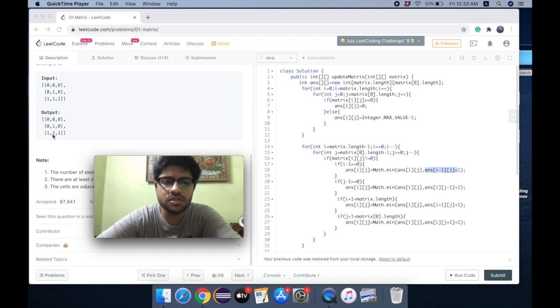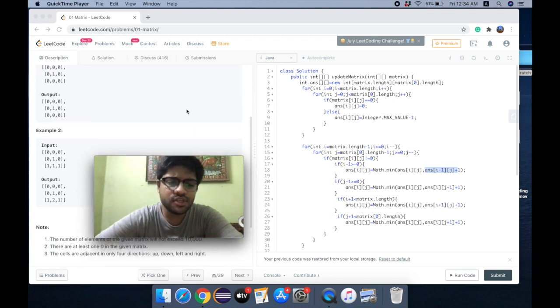Now let's come on to this 2. In this solution matrix it's written 2 as the distance. So let's see, the distance of this one from the nearest 0 is actually 2. At the top of this one we have a 1 and then a 0, so the distance is 2 here. Let's move on to the right neighbor, so it's 1, and at the top of this one we have a 0, so here also the distance is 2. On the left side it's the same, the distance is 2. So the minimum distance from 0 is 2. Great.